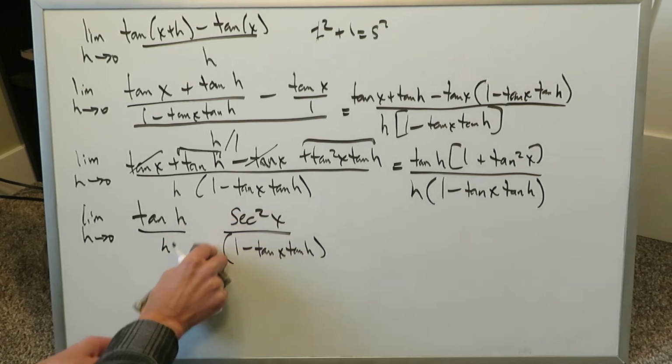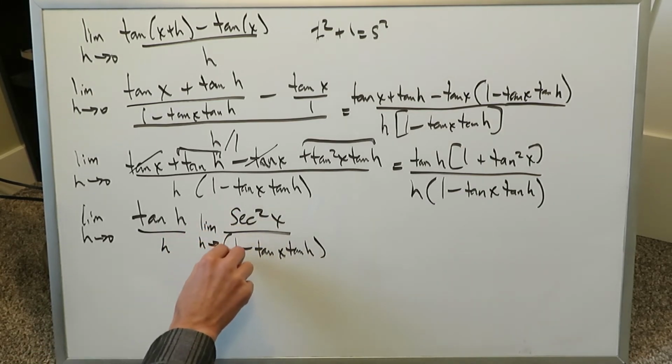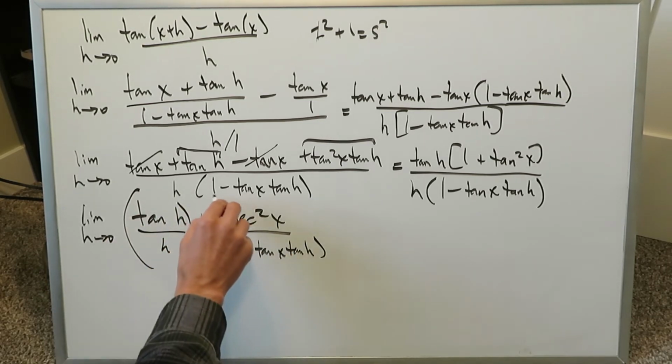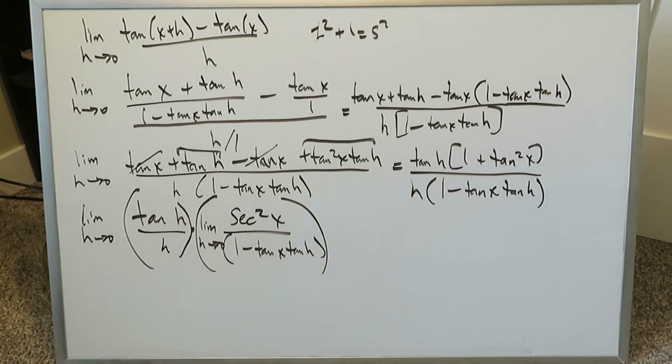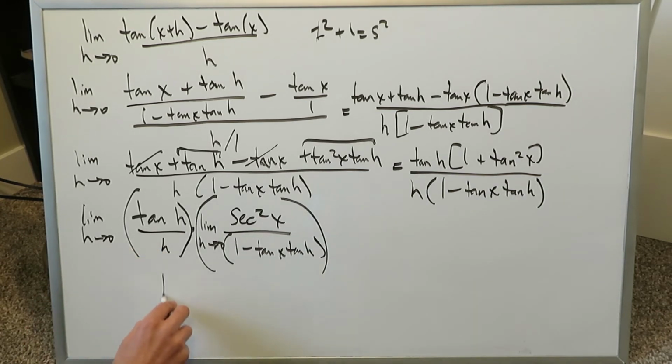We bring in the properties of limits, the product property of limits. Limit as h approaches 0, all of this is multiplying with that. We can even do this, right? This limit is multiplying with that limit. If you were to evaluate just this specific limit over here, if you were to do a graphic derivation of